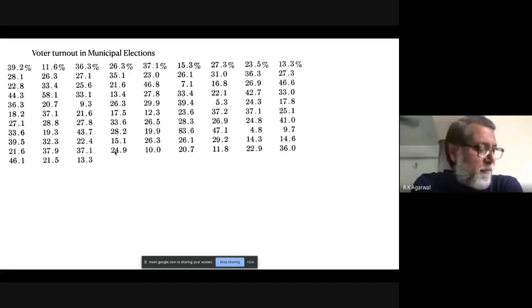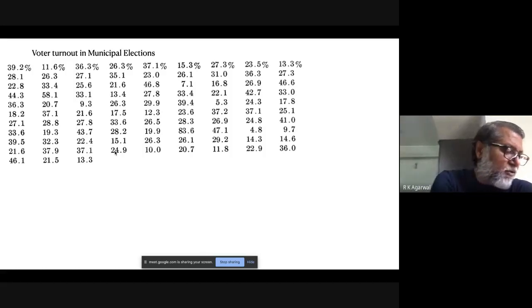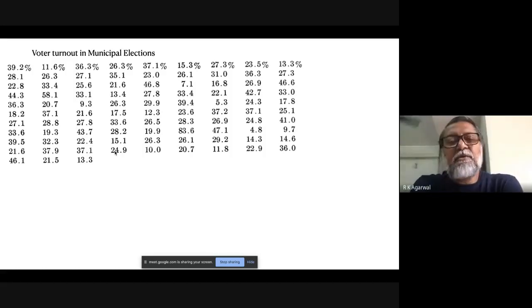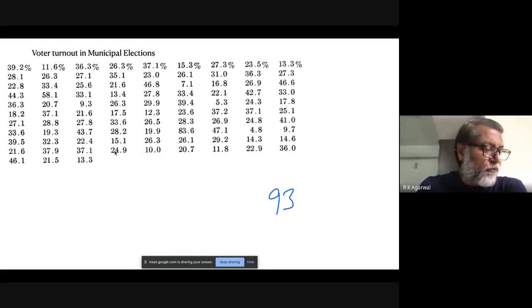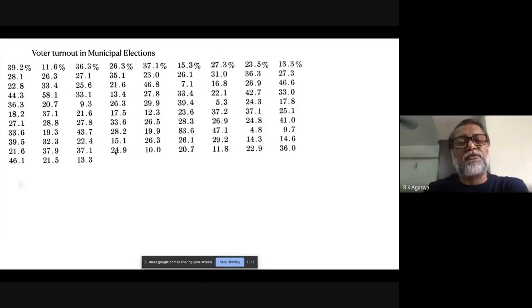Now, how many pieces of information do we have here? Total number of information that we have here is 93. Now, what can you make out of this data? I mean, it is so huge, and then it is not arranged. And if we are asked to draw some conclusion from it, then what kind of conclusion can you draw from it? Hardly any. So therefore, we need to do something so that we are able to draw some conclusions.